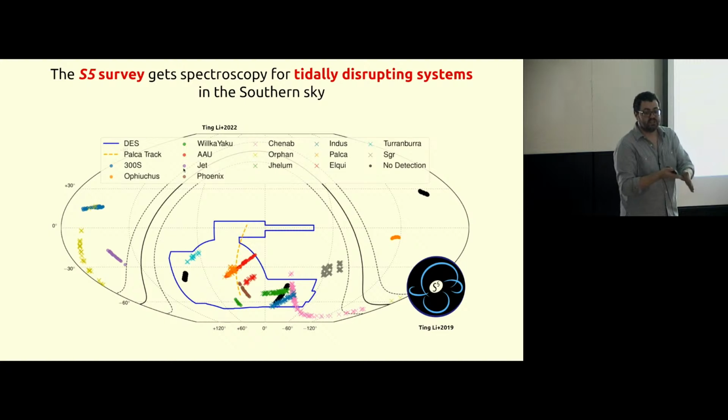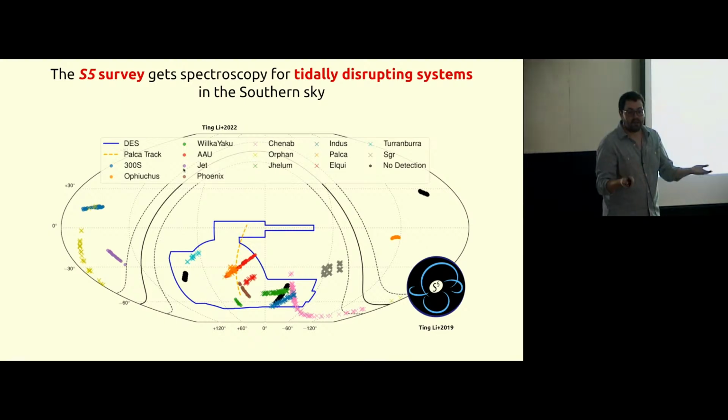So people use these perturbations in streams to calculate the amount of mass that you need to create that perturbation. And if you don't have anything that has an orbit similar to the impact parameter that you need to create that gap, no close encounter with any globular cluster, no close encounter with any dwarf galaxy that you know of, you then try to speculate that it could be an encounter with a dark matter subhalo.